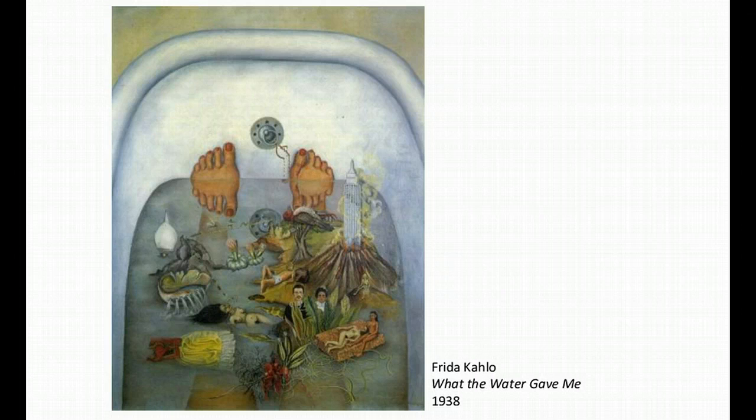Frida Kahlo, What the Water Gave Me. Frida Kahlo was a painter based in Mexico. She had close ties with Diego Rivera, who was a very famous Mexican muralist at this time. Both of them, not just Diego Rivera, both of them were very radical. Both of them had strong ties to radical art and literature in France and in Europe. Frida Kahlo and Diego Rivera invited a variety of different thinkers to Mexico to hang out, including André Breton. And it's André Breton's influence that yielded paintings like this.